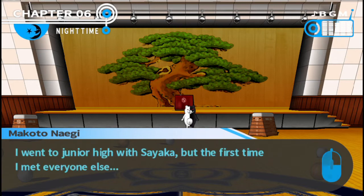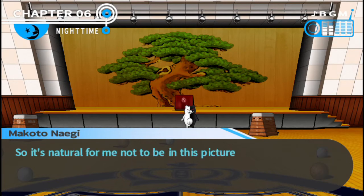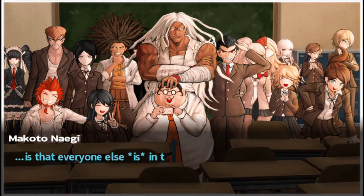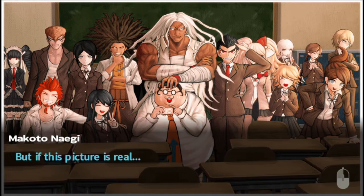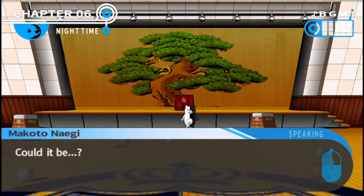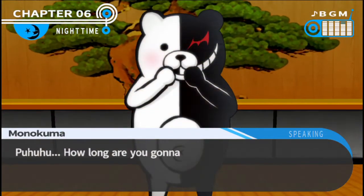I went to junior high with Sayaka, but the first time I met everyone else was when I arrived here at Hope's Peak Academy. So it's natural for me to not be in this picture, but what's definitely unnatural is that everyone else is in the picture. I thought everyone else was like me and didn't know each other before they got here. But if this picture is real, then could that mean... Could it be everyone else and just me? Everyone here except me is...